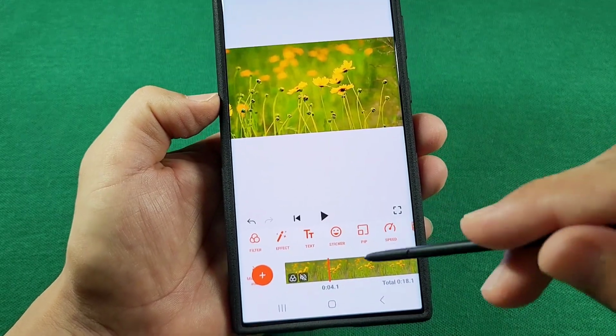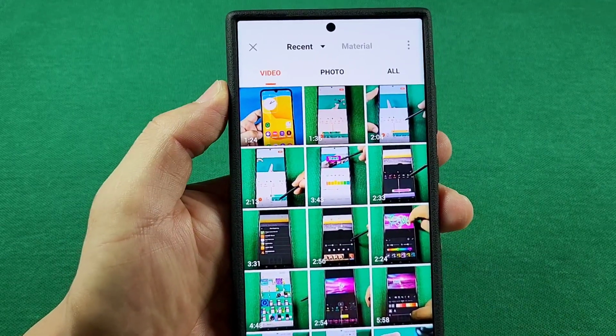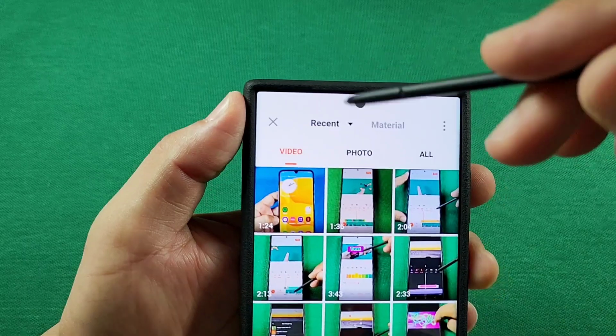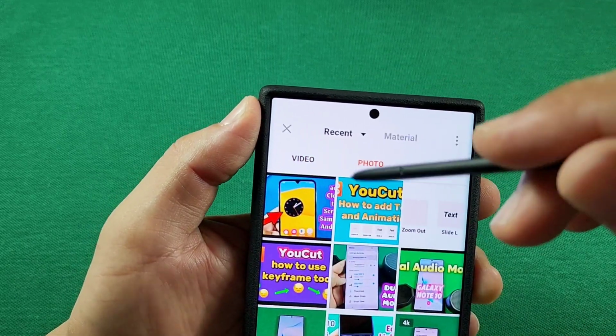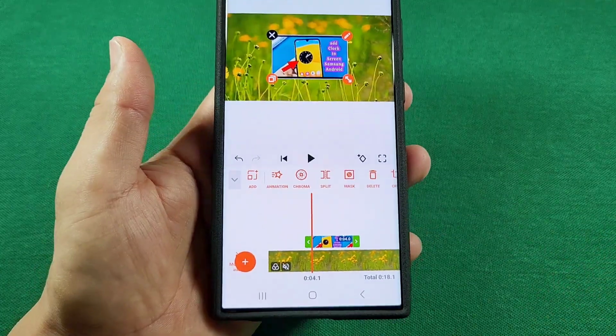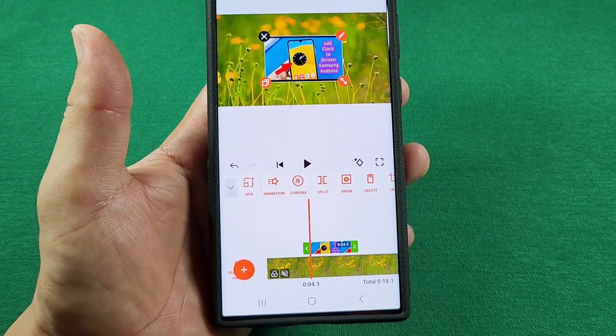Another thing to note about the PIP tool is if you go here and you go into photos, you can actually add a photo that way as well, not just through the stickers tool. So if I go to photos here now, I can actually choose a photo from my saved photos and it's going to appear here. And what I like about this method of adding photos,